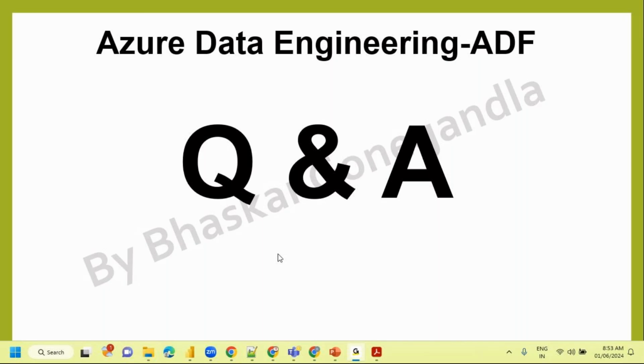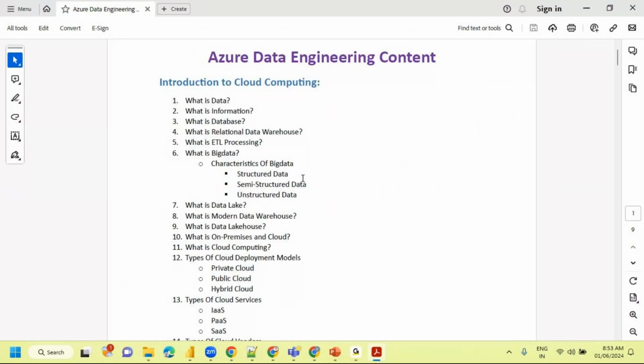Anyone else having any question? Bhaskar, one more question. You mentioned stored procedures are also required sometimes, right?